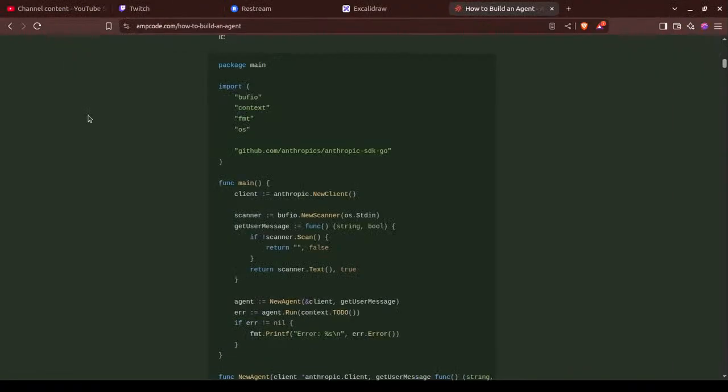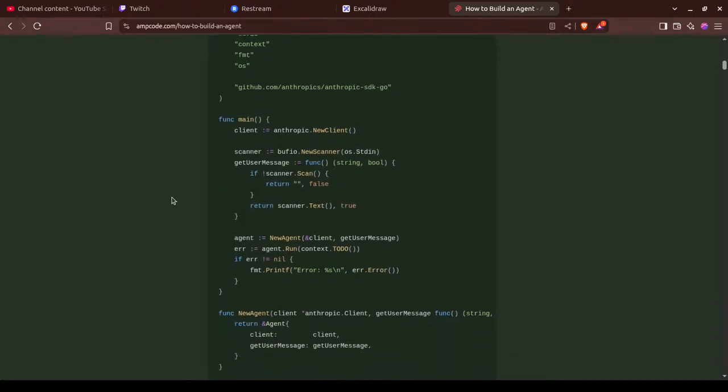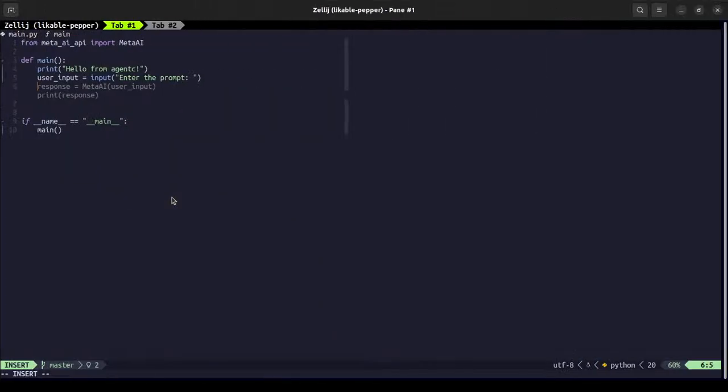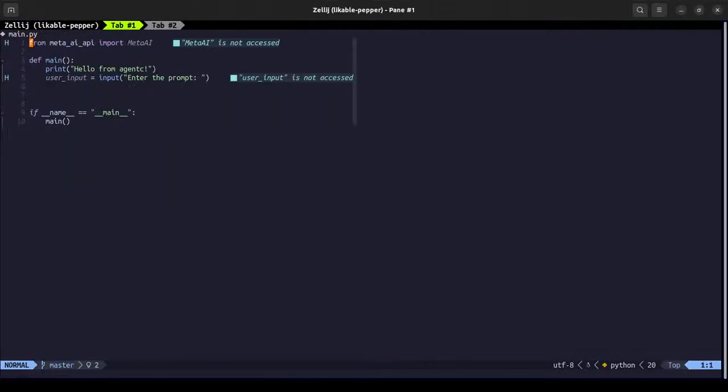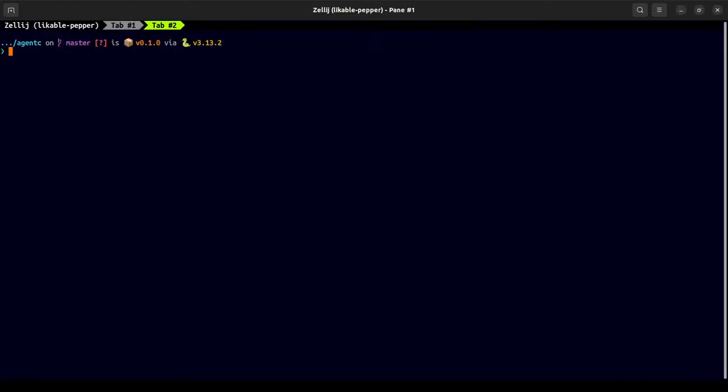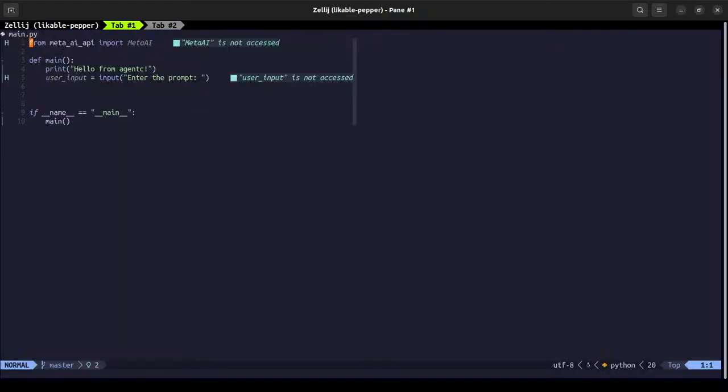And then what we have to do is create a new agent class. So let's use Pydantic here, because why not? Well, let's not create that maybe.